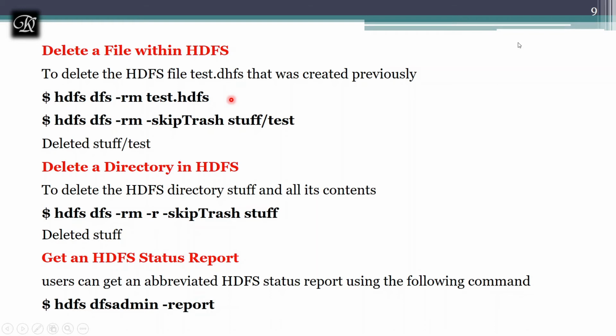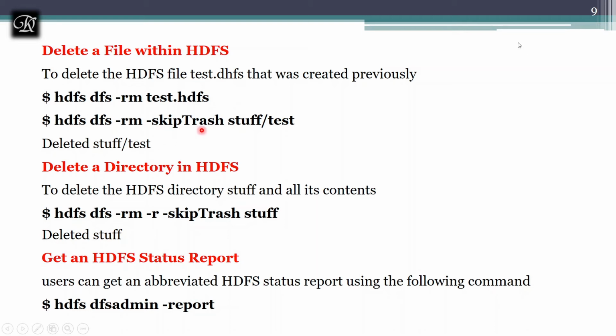So why do we have to skip the trash? Here, the file we are dealing with is not a small file. It's a very huge file in terms of GB, TB, exabytes, zettabytes. If you keep that file in the trash, it's also going to consume the space. That's why you have to skip the trash.